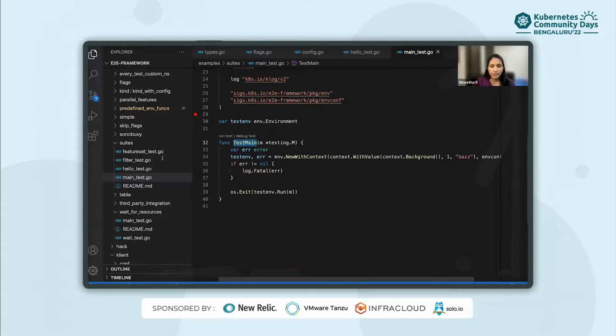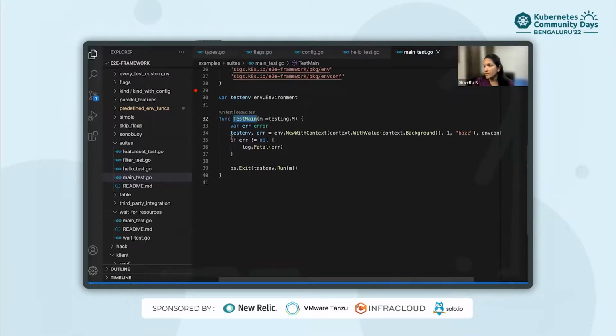So what is TestMain? In Go testing, TestMain is a function which becomes the entry point for all the tests in a package. We have taken advantage of this feature of Go testing in this project to define a suite. So for this package, the TestMain will be the test suite. The entry point will be here.